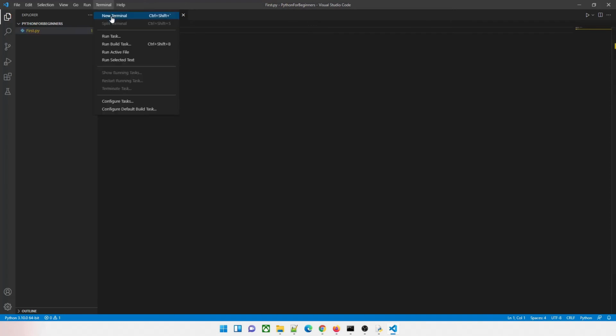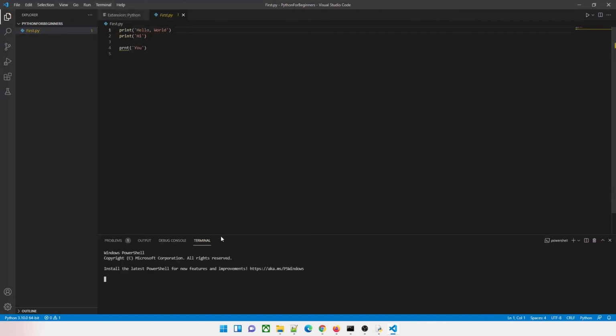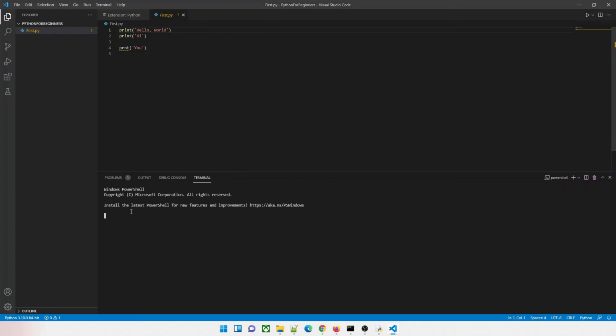Click on terminal and a new terminal. So there are multiple terminals over here. On your right, you can see that it's PowerShell. So just type again the same command. Let me remove this because this code is not correct. Remove it, save. Perfect. Now type the same command over here: python space first.py and hit enter. Will it work? Let's see.